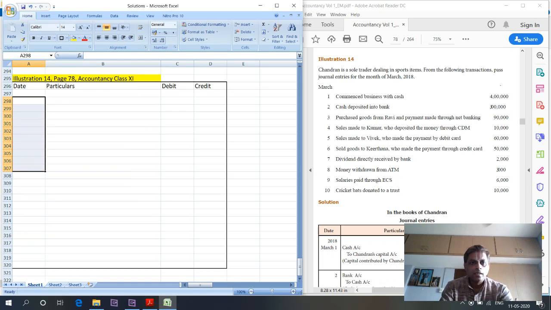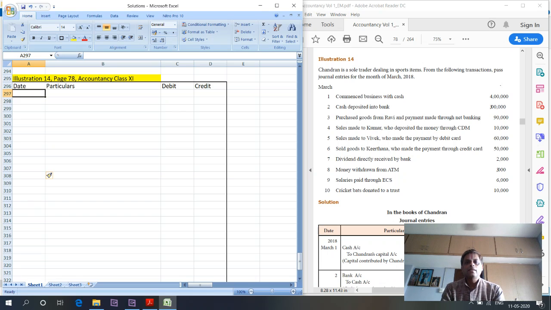And then we also have to give a gap between one journal entry and another. These are some basics. We should not forget that there should be a gap between one journal entry and another for easy reference and also for easy verification whether the journal entry has been processed correctly, and also give a gap to enter the narration. Narration is most important when you process a journal entry. Okay, let's get into the sum.